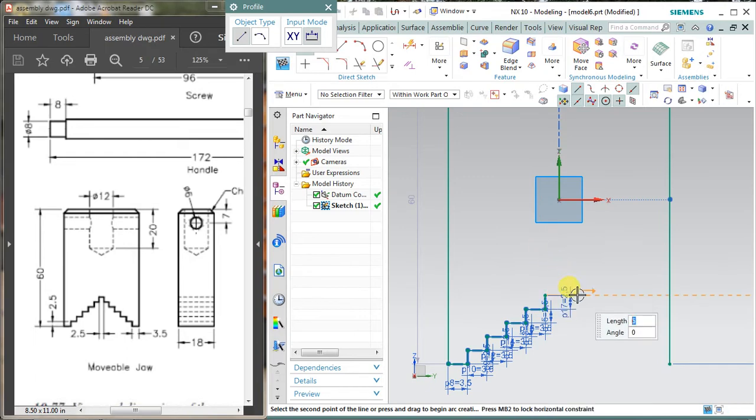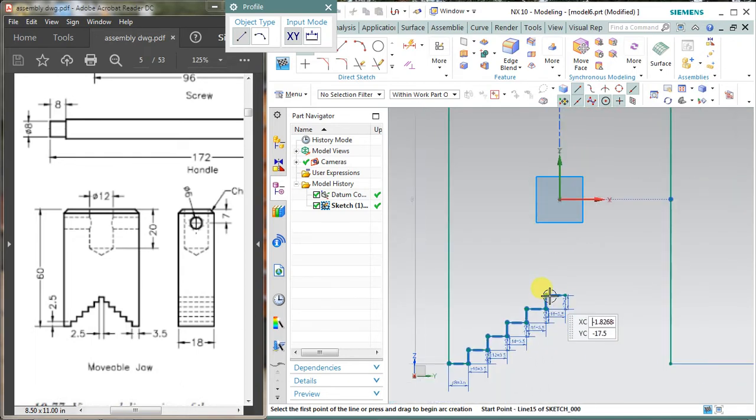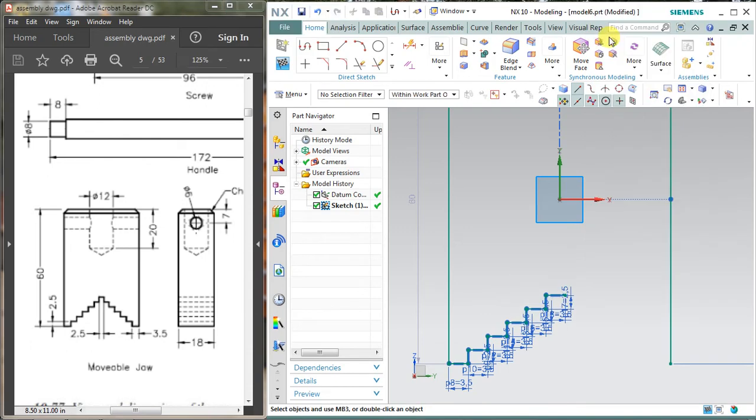1 2 3 4 5, and 6. 1 2 3 4 5. 3.5, enter, 0, enter. Okay, leave that portion as it is, because I came exactly to the center.